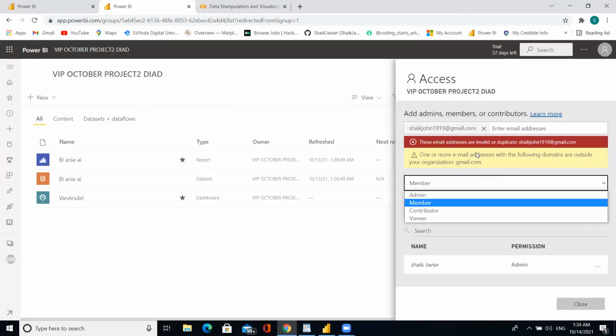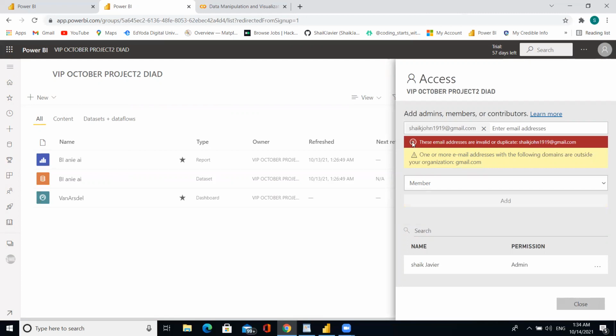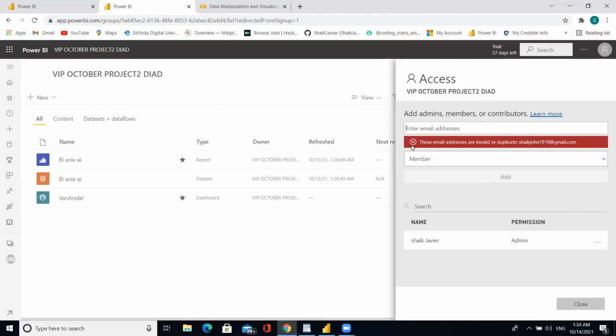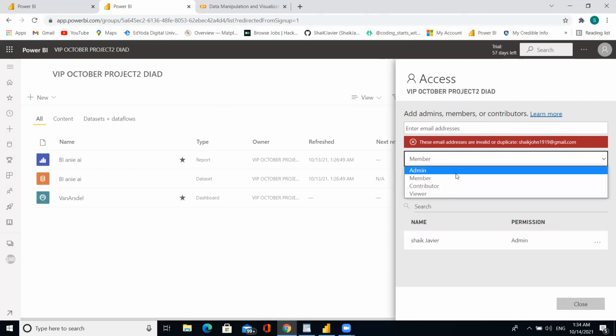The email addresses must not be invalid or duplicate. Suppose you give your email address and choose the role: admin, member, contributor, or viewer.